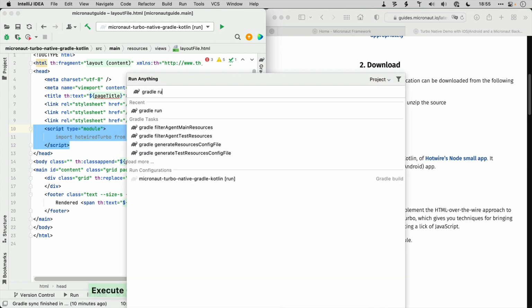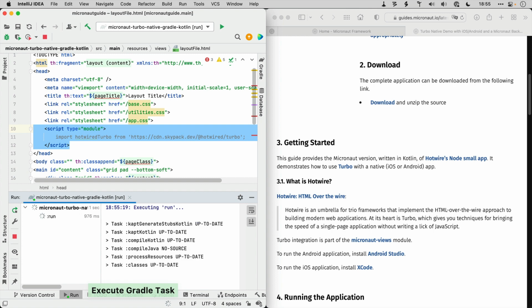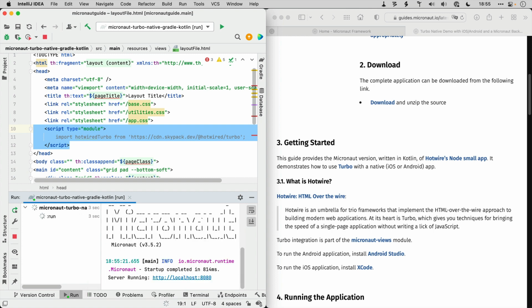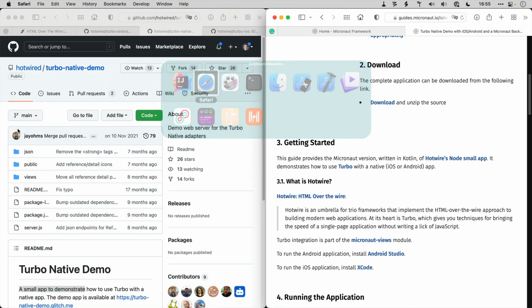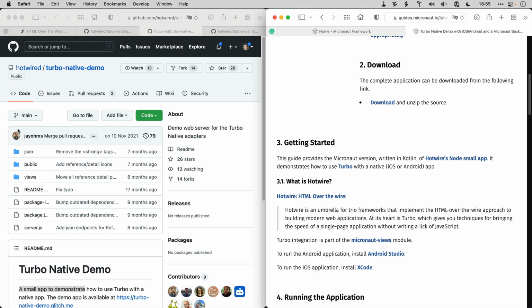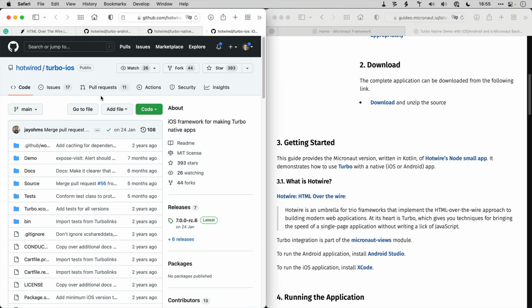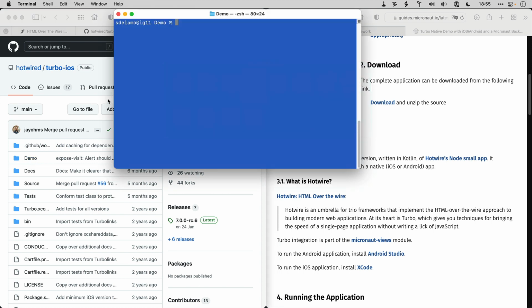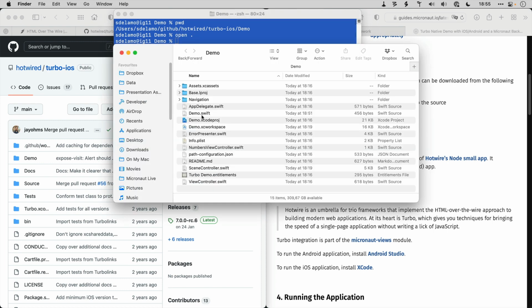What I'm gonna do is I'm gonna run the app, and the Micronaut application is gonna start on port 8080, and I'm gonna show you how to run the iOS demo application and use the Micronaut application as the backend. In order to do that, there is one repo called Hotwired Turbo iOS, and inside that repo there is a folder called demo. So I have cloned that repo to my computer. I have it here, and I'm gonna open that folder, and I'm gonna open the